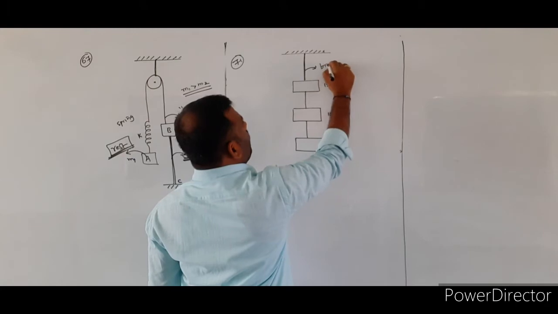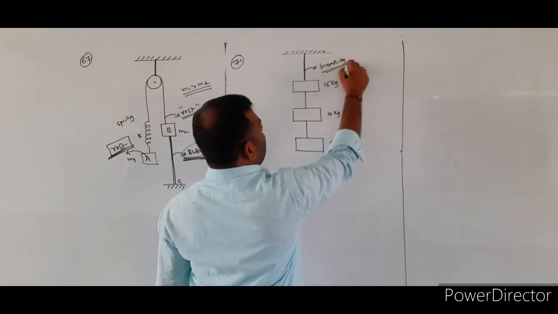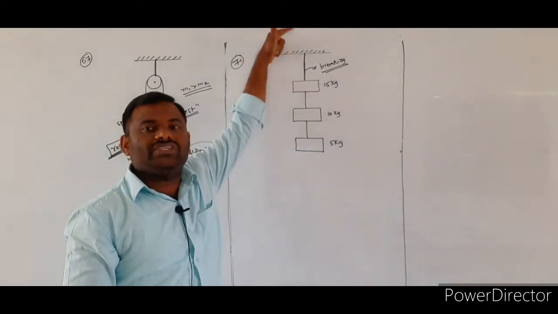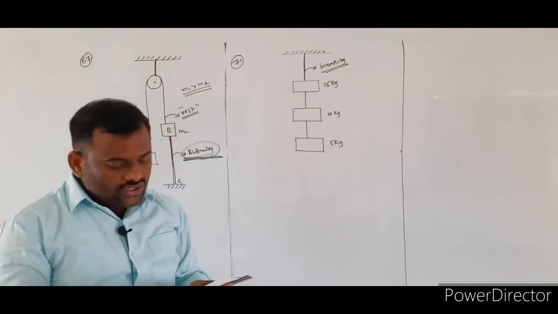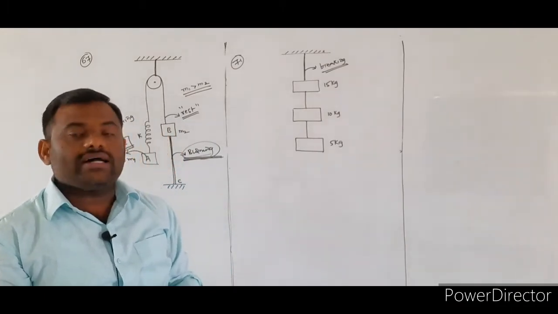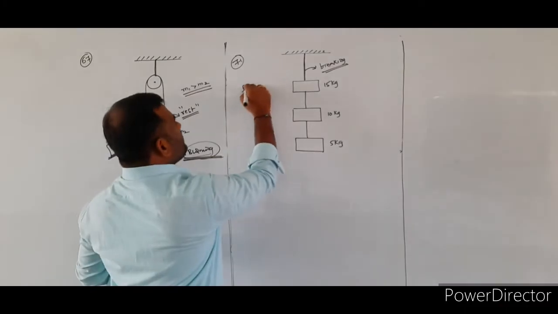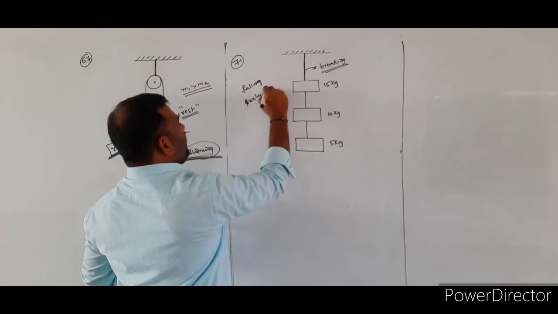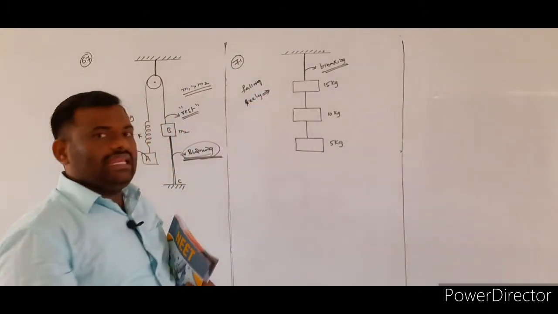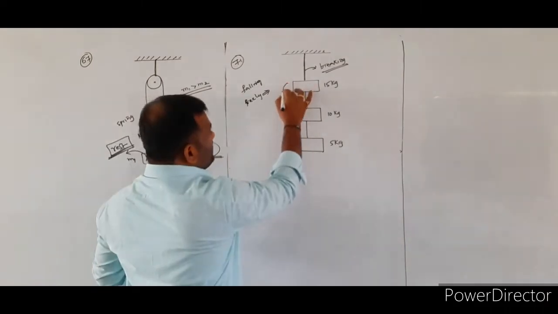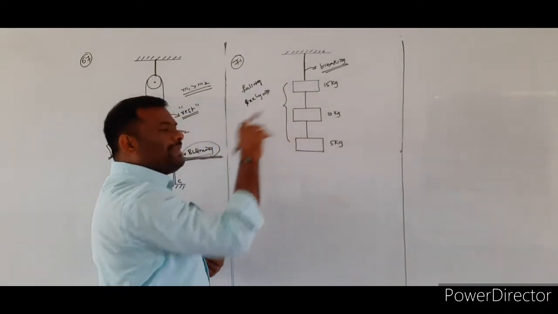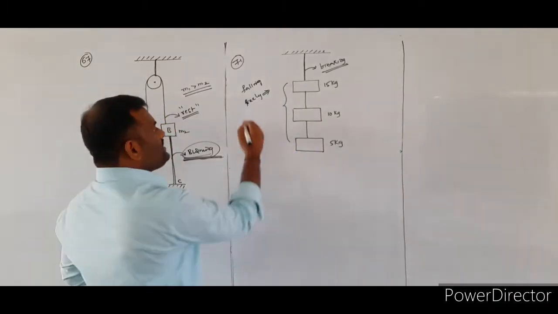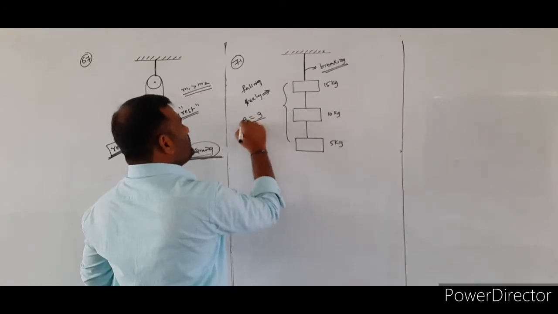So what we are saying is, we are breaking or cutting the string which is connected to the rigid support, so as a result, the system falls freely. The entire system will be falling. The entire system is falling freely. What is the meaning of freely falling? It means all the masses which are present in the system fall downwards with an acceleration of small g.